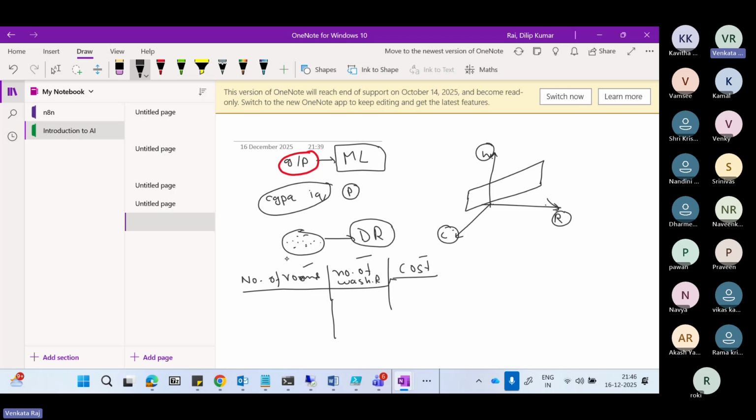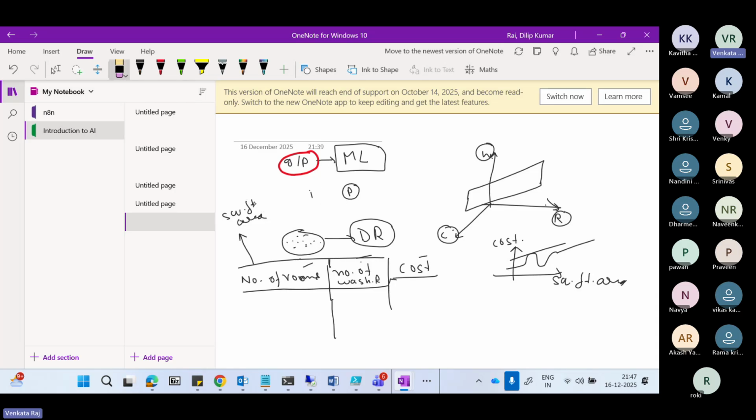Now what dimensionality reduction we can do is, can we make this a single feature as square feet area? Earlier we had two features, number of rooms and washrooms. Now we clubbed this into one feature called square feet area. Now the dimensions would be square feet area versus cost of the house. Now if the ML algorithm tries to draw a pattern between these two, it would be a 2D pattern, maybe a simple straight line. So this is a glimpse of what dimensionality reduction is.